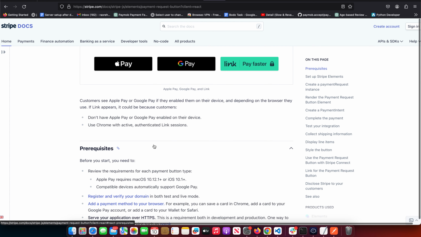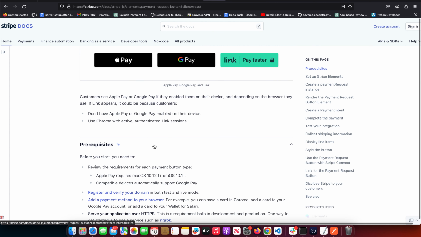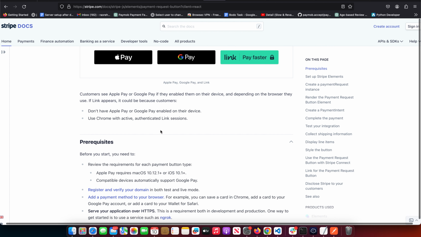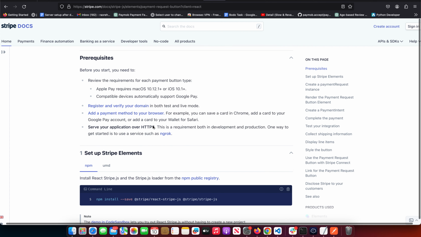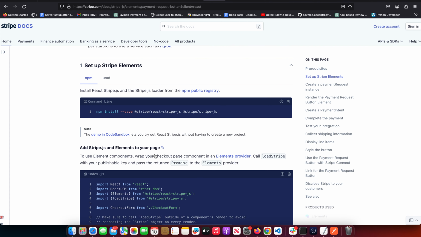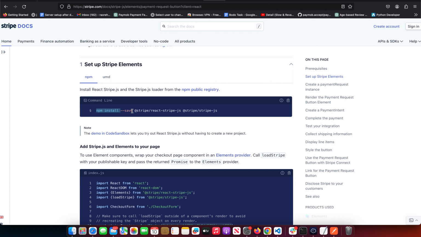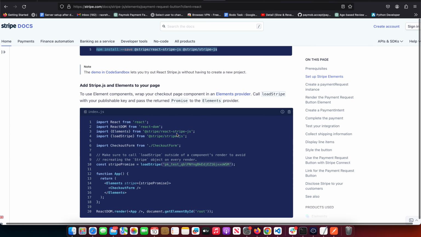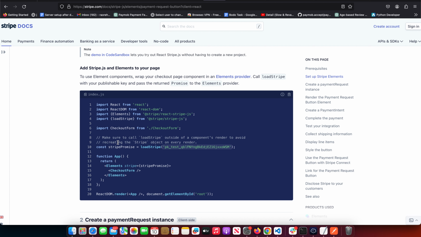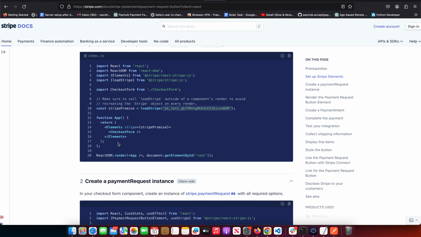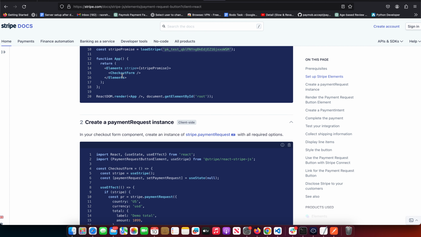and it will look like this. Also, you can integrate Google Pay, Apple Pay, and Pay Faster. We are going to implement Apple Pay. First of all, we will install this package in React.js, and then here is some code like this. We will add this code in app index.js, and also we will create our